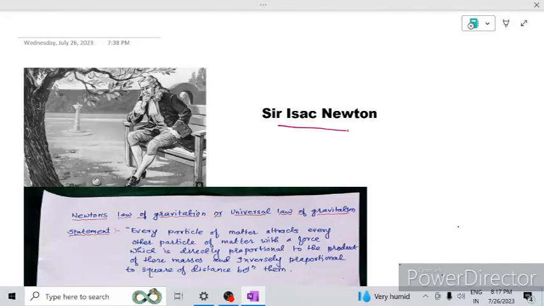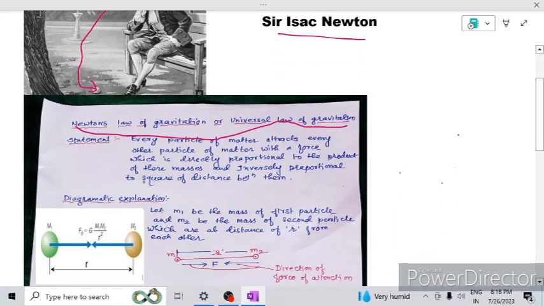Sir Isaac Newton sits on a chair and thinks about why this apple falls down, and this is the instance where Newton's law of gravitation starts. Now, the statement of Newton's law of gravitation is: every particle of matter attracts every other particle of matter with a force